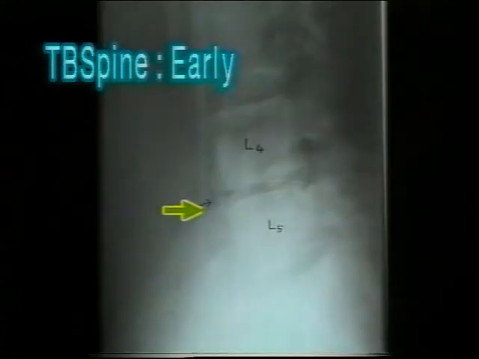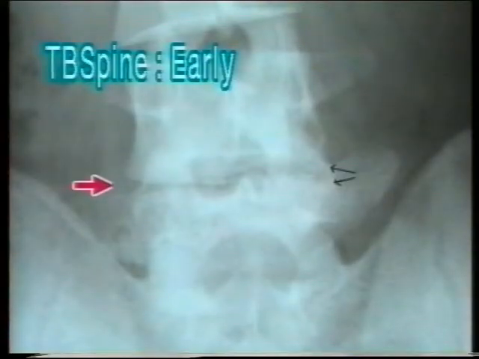This X-ray shows reduced joint space between the fourth and the fifth lumbar vertebrae, but no destruction of the body or articular surfaces. But in the anteroposterior view, destruction of the left corners shown by the black arrow points to the diagnosis of tuberculosis. The rounded protruding corners as seen on the right in front of the red arrow are missing on the left side.